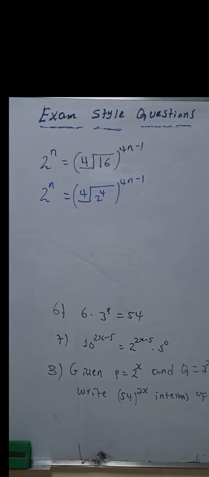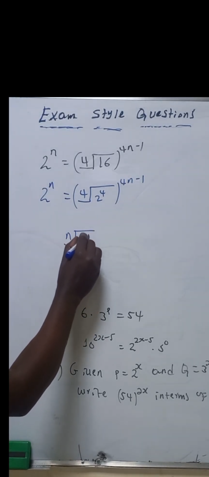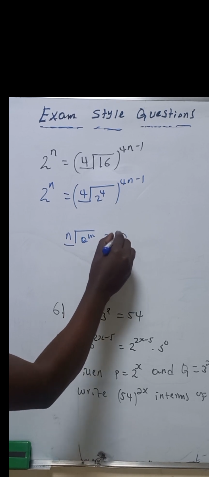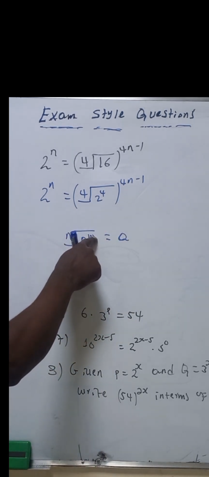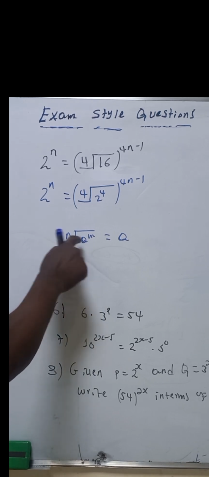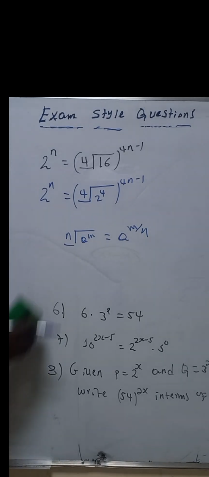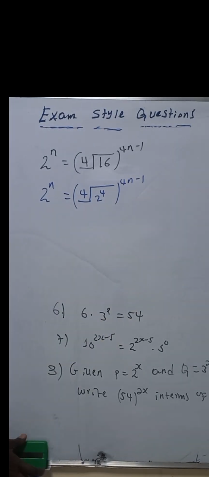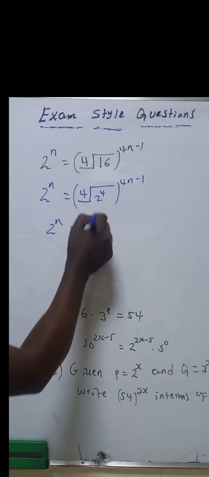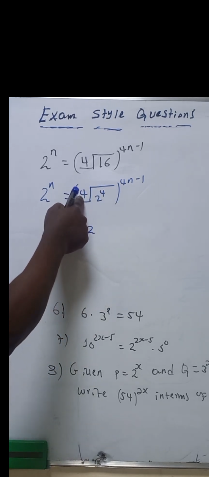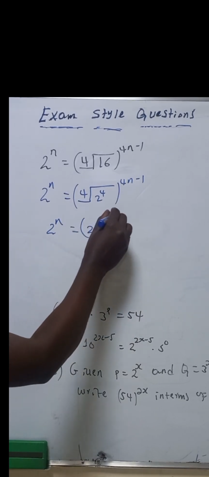Let me show you a very important case. The n-th root of a to the power of m means what? It is always given by a to the power of m divided by n. You have to divide the exponent of the radicand by the index, which is m over n. Is that? So with this mathematical principle, you can write this as 2 to the power of n is equal to 2 to the power of 4 divided by 4, which is 1. So 2 to the power of 1 is 2,